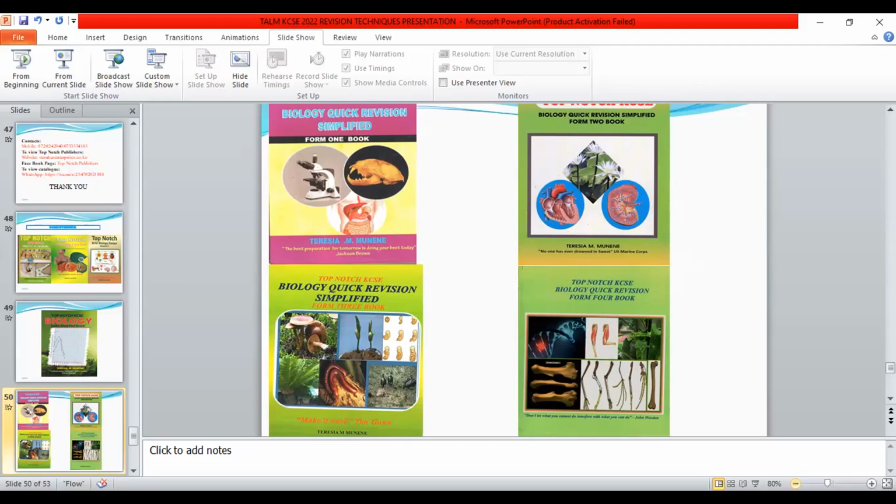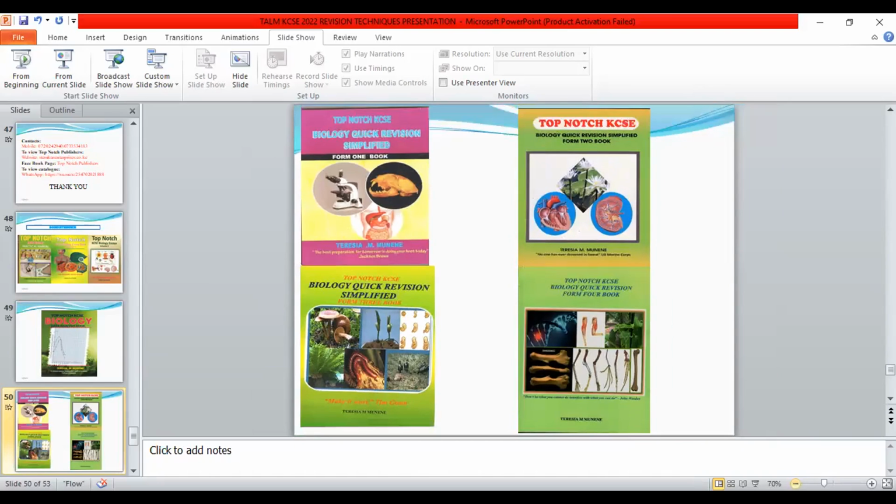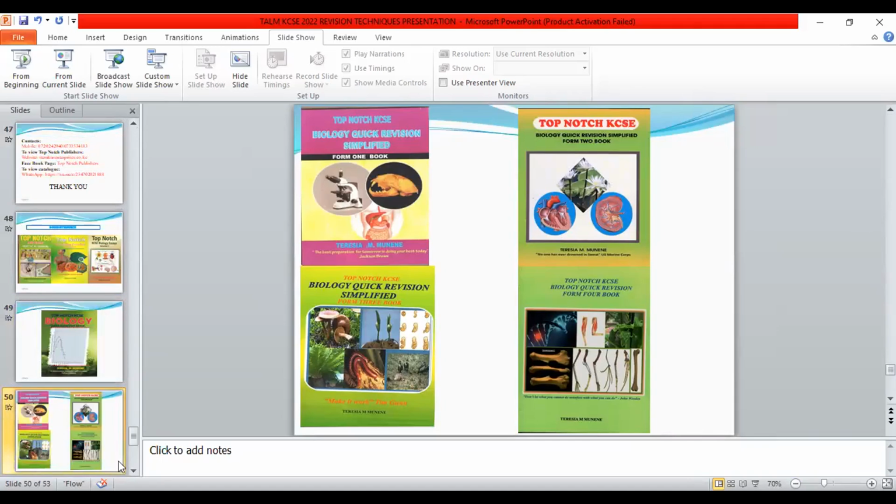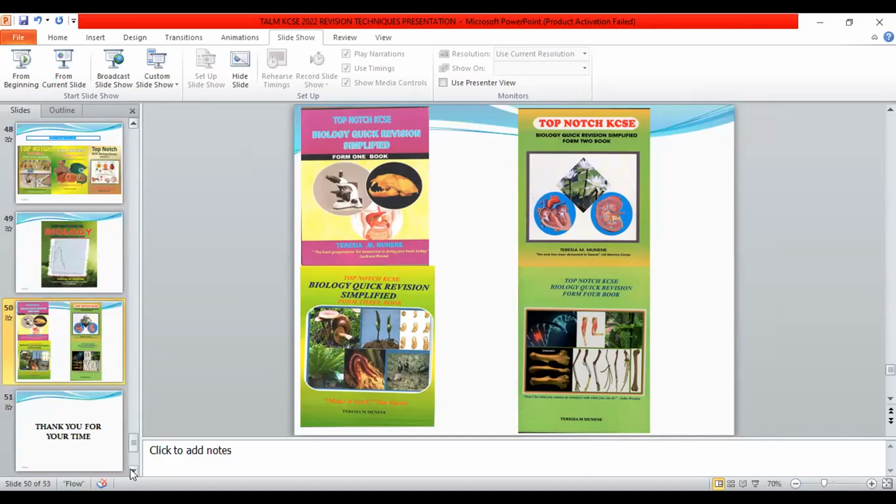Then I have also partnered with a teacher in agriculture. In fact, not even partnered, but he has published through me, and we have written a revision book for agriculture paper 1 and paper 2. And lastly, my school has been doing very well in the science and engineering fair. We hope that those co-curricular activities will be getting back very soon. We are participating up to the international level. In fact, I have come up with a small manual which highlights the steps that a student needs to take in order to come up with a very good project.